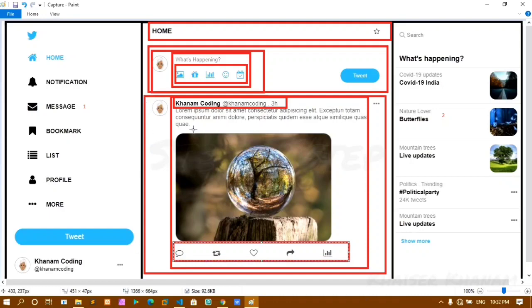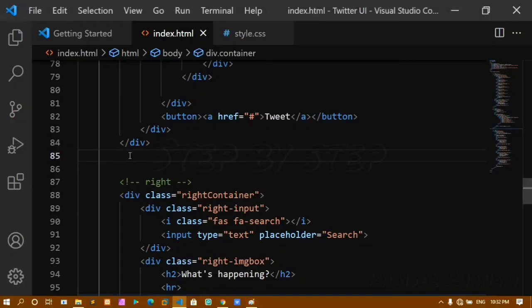Inside this div I have image, next I have one div, and inside that first I'll close this one in one div, and I have paragraph, I have image, and I'll close all the icons in one div, and I have this icon in this outside container. Only 3 children I have for this outside container, and in the middle container I have 1, 2, 3, 4 children. Okay, let's style that one.